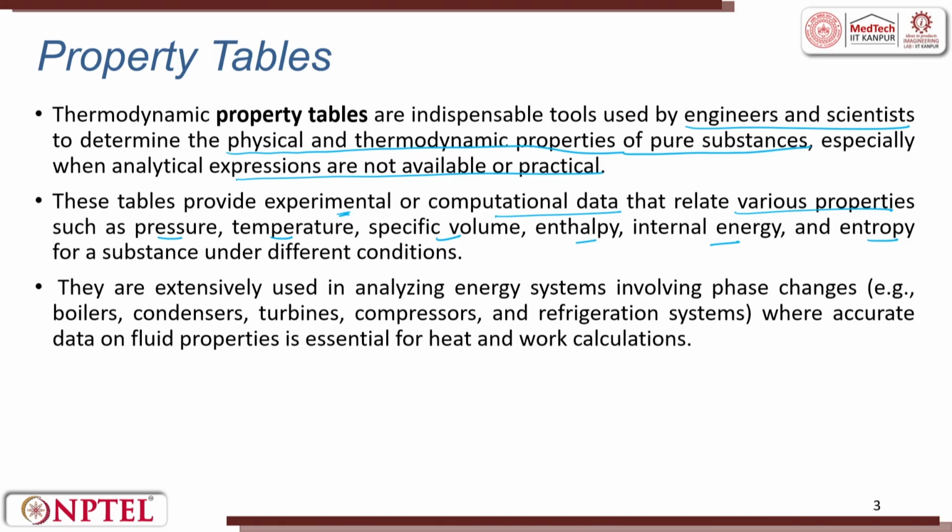So, what is this property table going to give? This is going to give me a relationship between P, T, specific volume, enthalpy H, internal energy U and entropy S. So, there is a relationship between all of them. This relationship, if you plot it in 2D, is between two variables. If you plot it in 3D, you get much more information. And it is also going to tell me about various conditions, not only at pressure of 1 atmosphere; it can talk about 10 atmospheres, 0.1 atmosphere, temperatures of 100 degrees Celsius, 0 degrees, minus 273 degrees Celsius, all these things it can talk about.